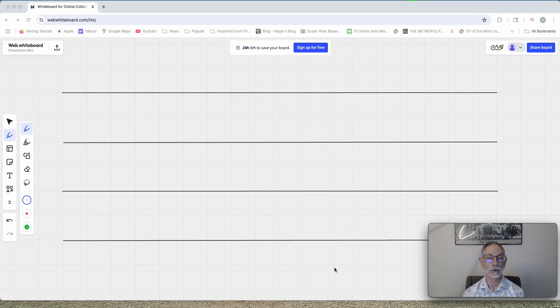I found this really swell online whiteboard. And I put some lines on it to mimic the lines on paper. They're kind of widely spaced. I'm going to be making the letters, or as we're going to call them, phonograms, which, as you may recall from past videos, are written sounds. I'm going to be making them big, easier for you to see. So, first of all,